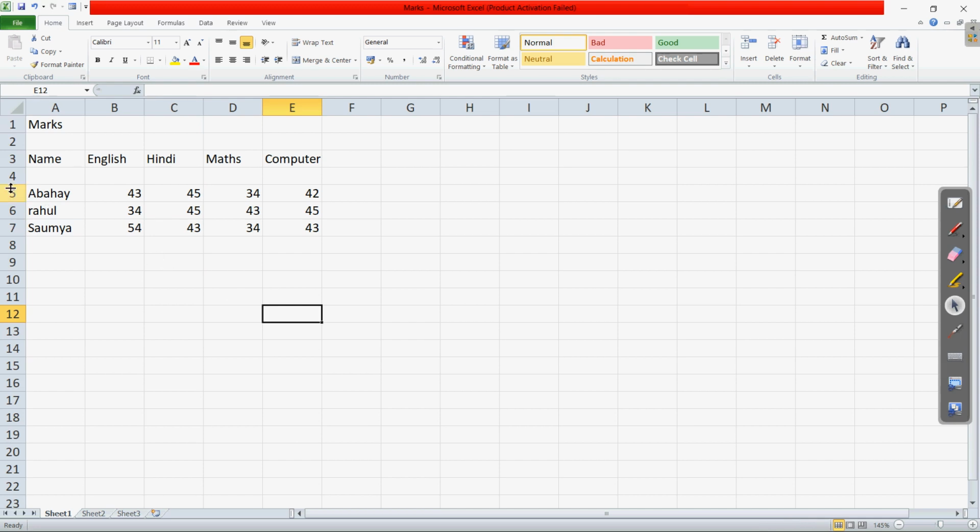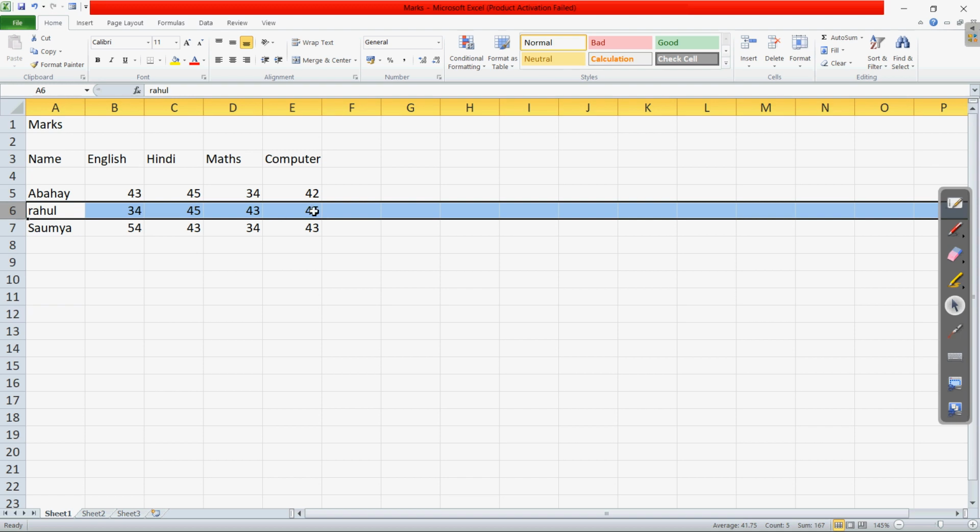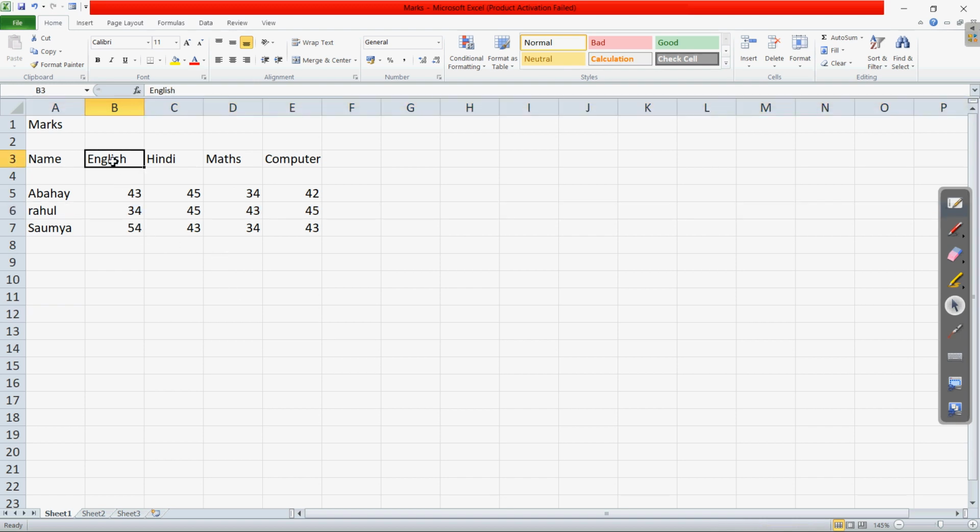Clear? In the same way, any particular row if you want to select, suppose I want to select row 6. If I bring the mouse pointer over row 6, the mouse pointer changes to this arrow button. Now click on this. When you click, the whole row is selected. So this way we can select any of the rows, any of the columns, as well as any single cell. Any single cell can be selected by clicking on that cell, and if you want to move to the next, you can use the arrow button also. Clear? So in the same way we can use the arrow keys of the keyboard to move to any of the cells.